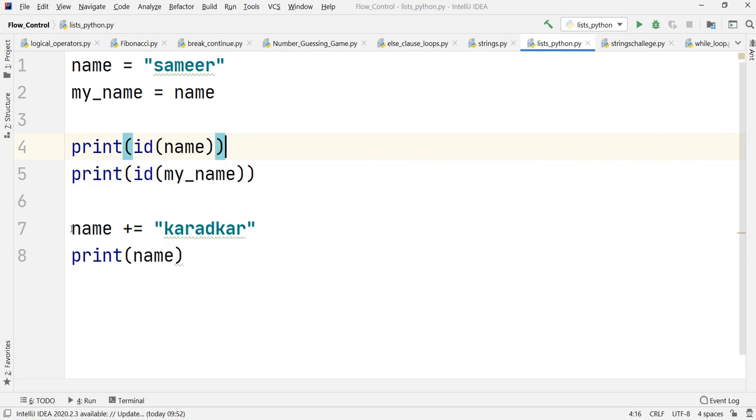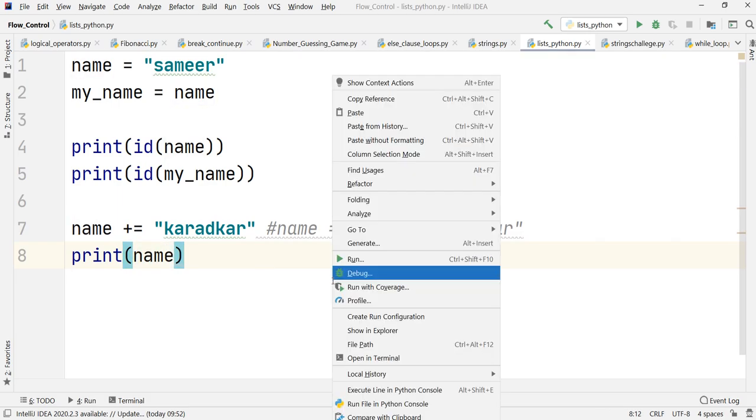I hope you have understood what we have done here. We have told this many times, this is equivalent to name is equal to name plus the string that we have written. So let us print it out and see how it affects our name string.